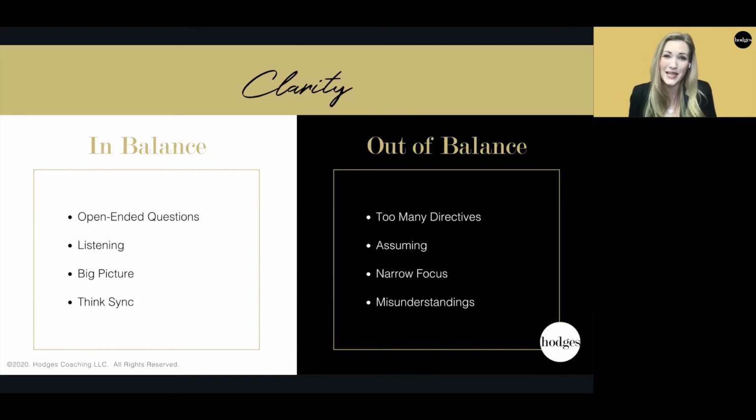And that happens sometimes. Big picture thinking also shows up when clarity is in balance, where leaders can zoom out and convey the vision, or help people understand other people's perceptions of the vision. So everyone is really on the same page. And that provides sync, where everyone is just on the same page and you can step out and trust that they're going to do whatever they need to do to fulfill the ultimate vision and the ultimate objective.